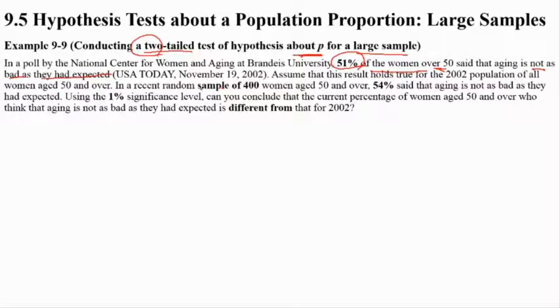The recent sample is 400, and 54% is the sample proportion, with a significance level of 1%, because we need that when we make the decision. And then they say conclude here: is the current percentage of women aged 50 and over who think aging is not as bad as they expect